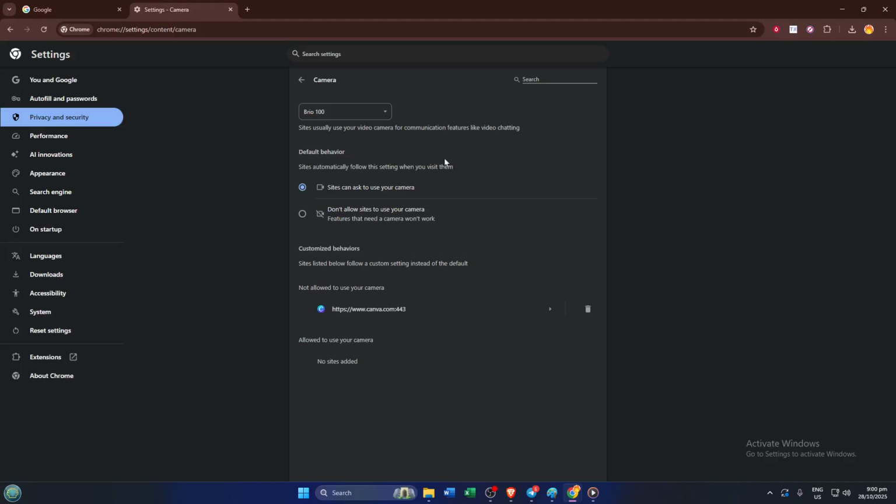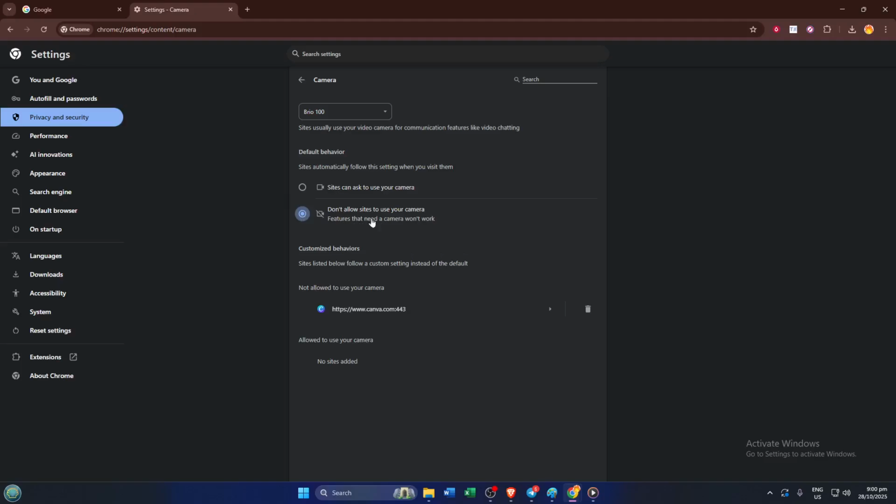If your goal is to block all camera access, select Don't Allow Sites to Use Your Camera. With this option enabled, any web feature that needs a camera, whether it's video conferencing, uploading ID photos, or a virtual classroom, simply won't be able to use it. This is a great way to ensure privacy, especially if you rarely use your camera for web apps. Keep in mind, features like Zoom calls or Google Meet won't work unless you change this setting later, so weigh